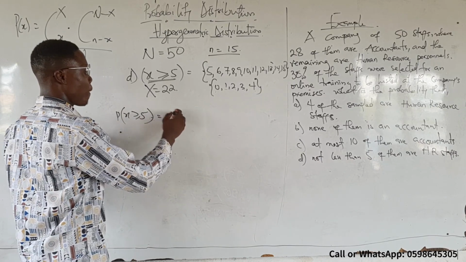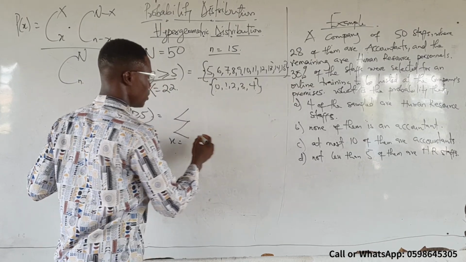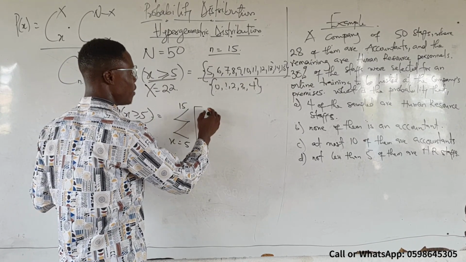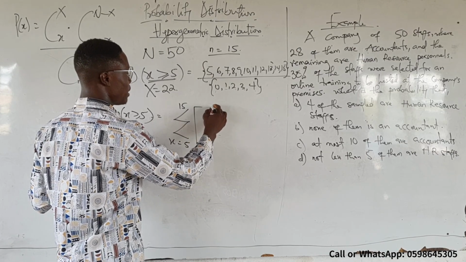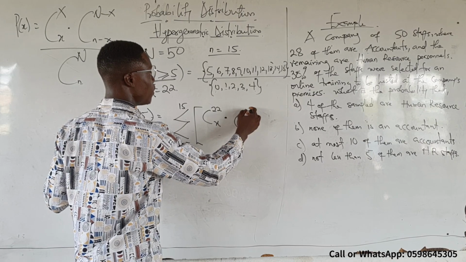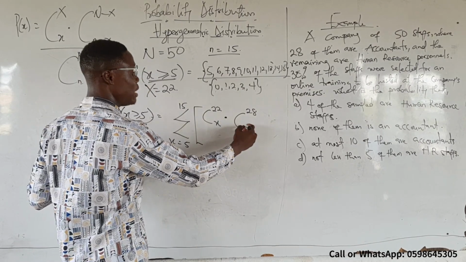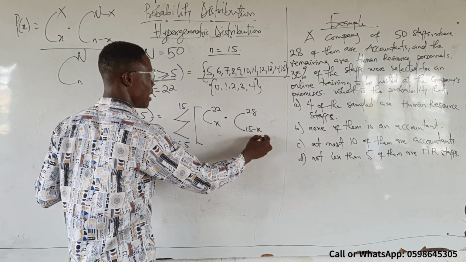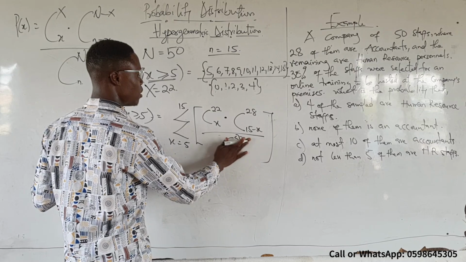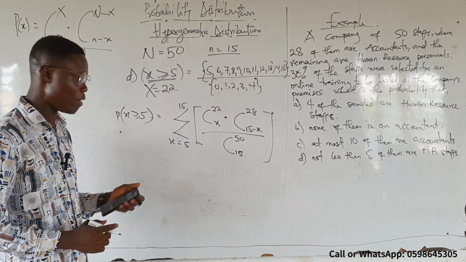So I have a sigma, x equals the least number we have. So I'm doing this first. That's 5, and then the highest number is 15. I have a bracket. So I have a combination of the highest number of X, that's 22, and then small x. The combination of 28, that's 50 minus 22, right? 28. And I have 15 minus small x, that's small n minus small x. The combination of 50 and then 15. Yeah. So after punching this, we have